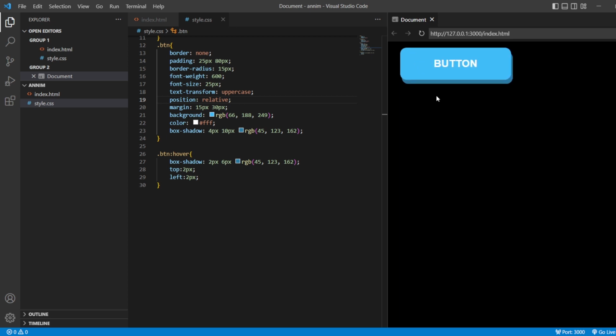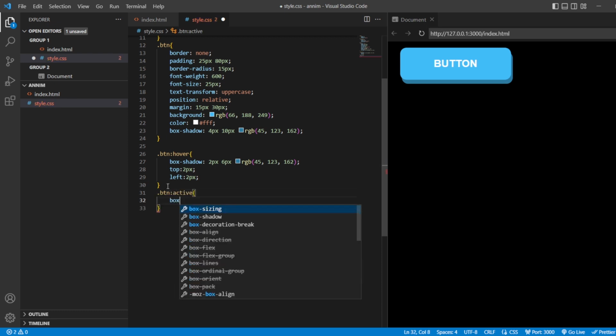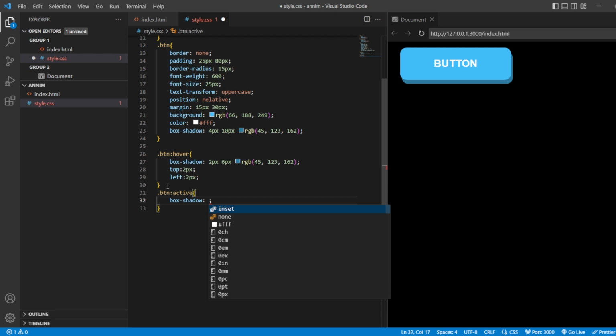The button is getting clicked. So this is the 3D button effect that is going to get clicked. And now let us see button active. There is one more pseudo class that is called the active pseudo class. In this, I'll just add the box shadowing to be